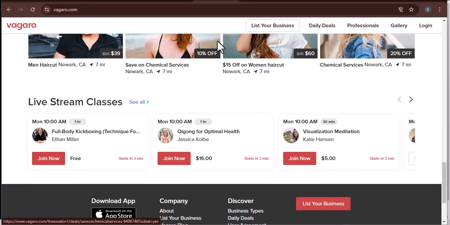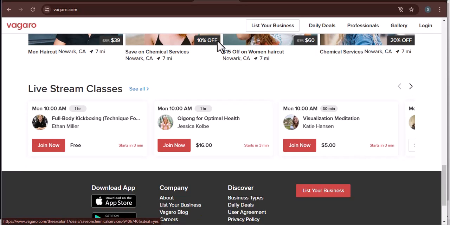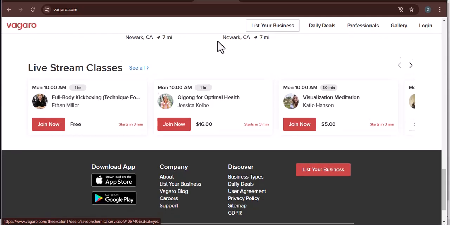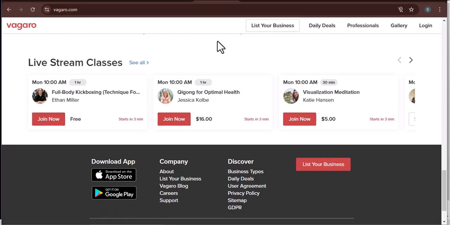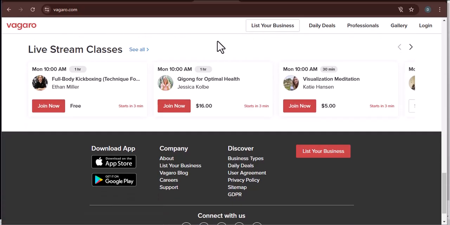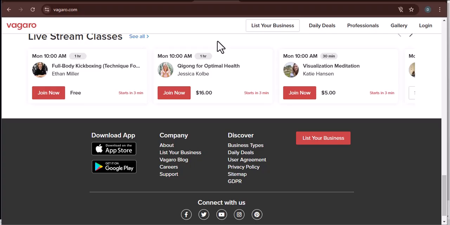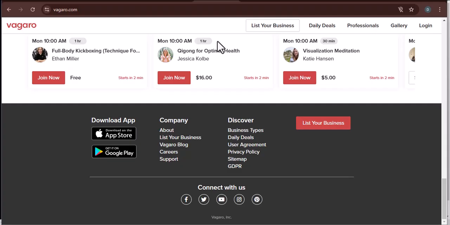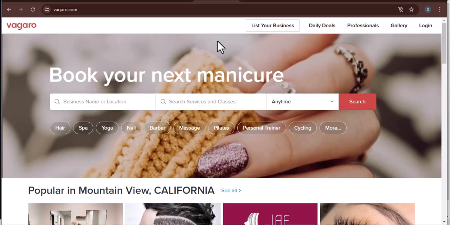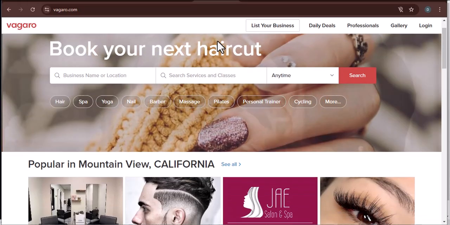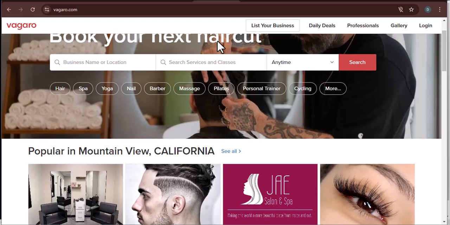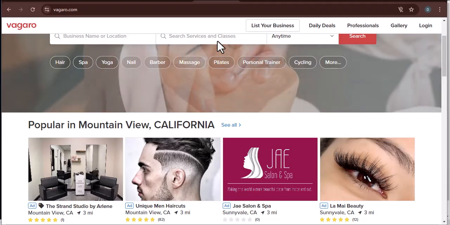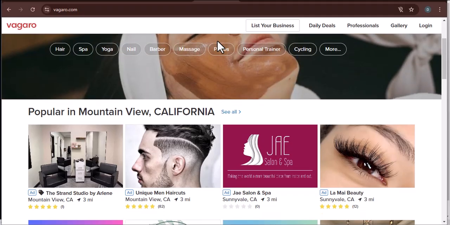Secondly, consider your cancellation policy in conjunction with your deposit policy. They work hand in hand. For example, you might state that deposits are non-refundable for cancellations made less than 24 or 48 hours in advance. Be firm but fair with your policies. Thirdly, start small if you're unsure. You don't have to implement deposits on every single service from day one. Try it on your most popular or highest value services first and see how it impacts your booking patterns. You can